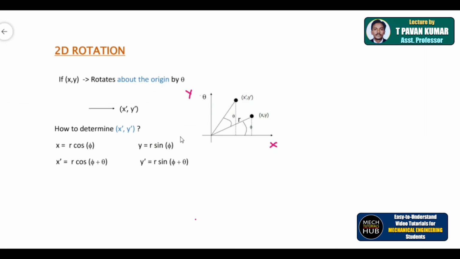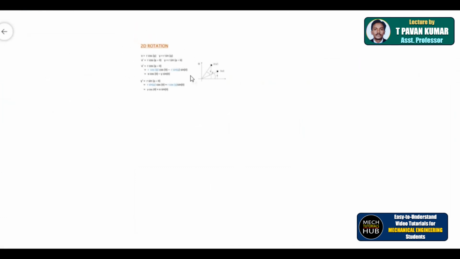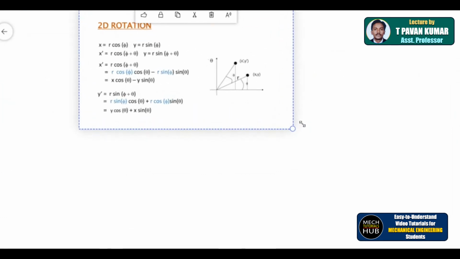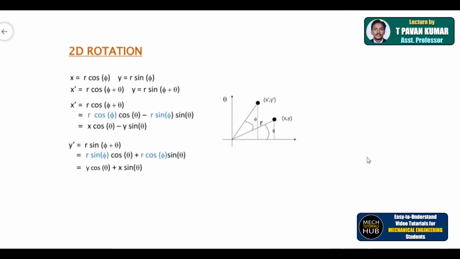Now here sin represents y and cos represents x. So this you can call cos a plus b, sin a plus b. Accordingly theta becomes a and phi becomes b. Accordingly you can perform the task. This derivation I have already placed here. I'll show you with a simple slide. Have a look at this slide now.